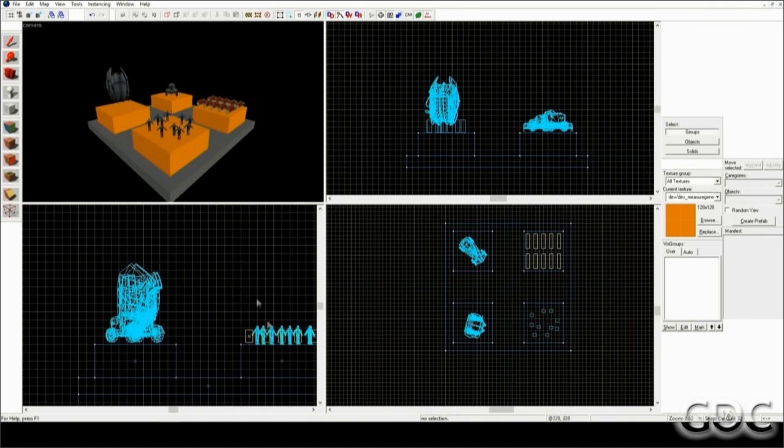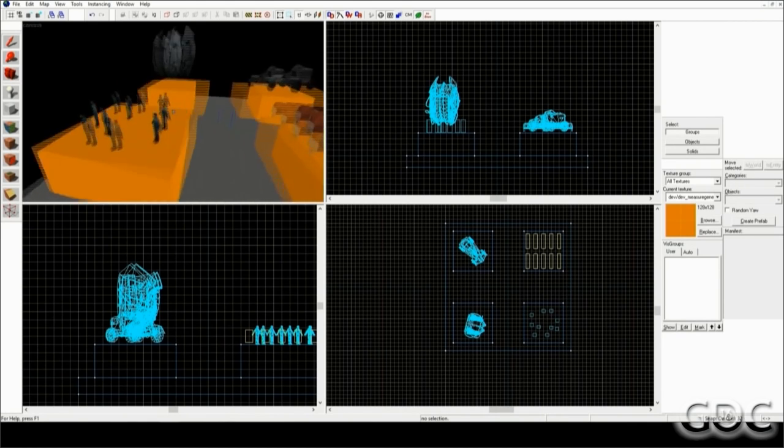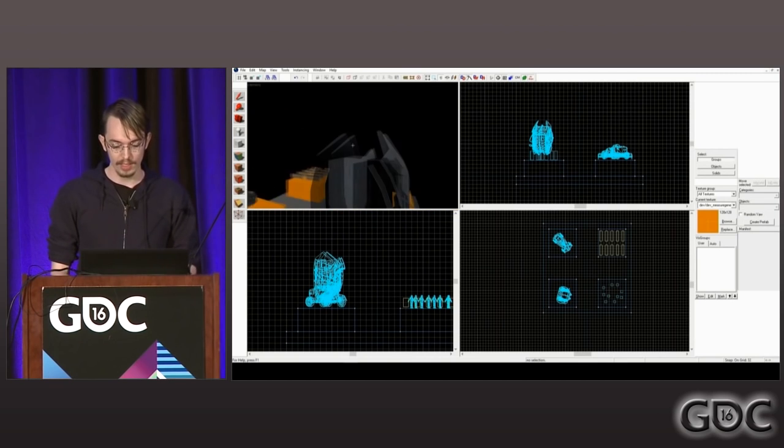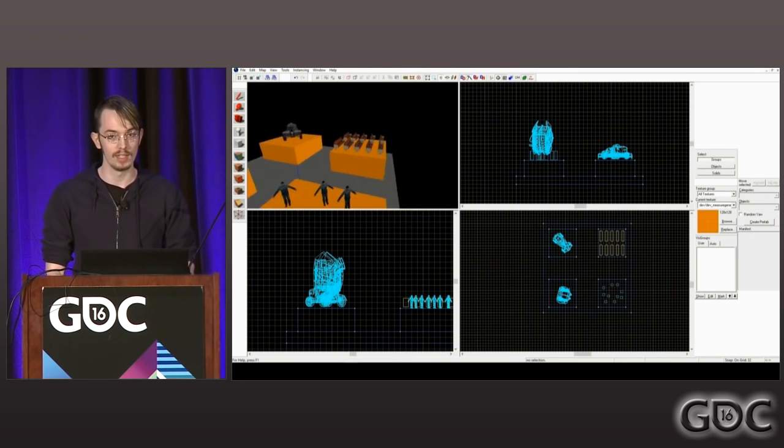And we can zoom in and out of every window, so we can quickly see any part of the level we specifically want to understand better. And we can fly around freely, look in any direction we may like. This allows the level designer to stay in the flow and pick and choose what they need to see very